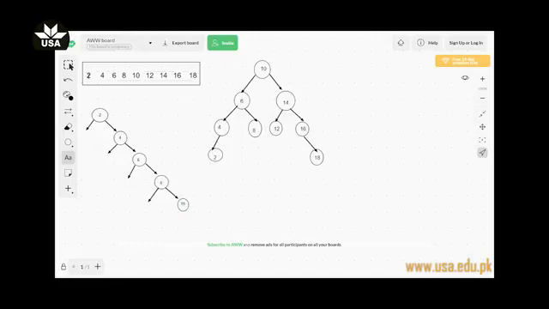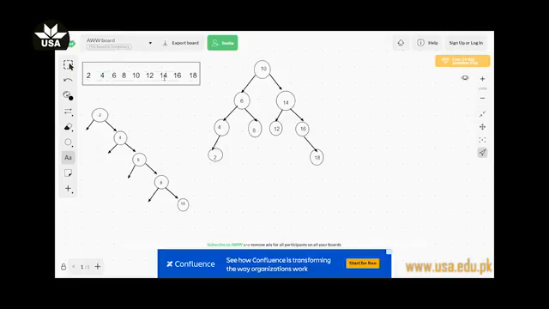As you can observe, the sequence of values which are used to create the binary search tree are in a sorted sequence, and we will end up in a linear structure which will only grow on the right side, and the left subtree of this tree will be empty. So in this case you can observe the values are same, but the sequence of values can affect the structure of a binary search tree or a binary tree.